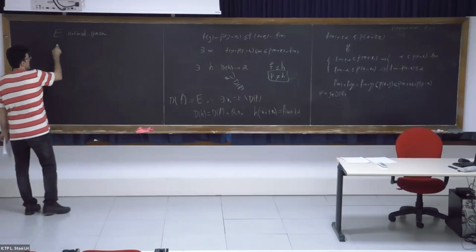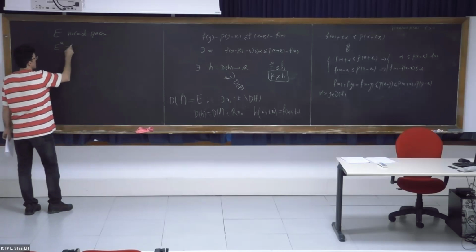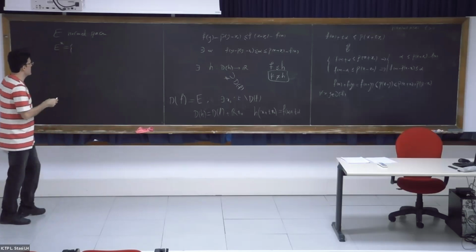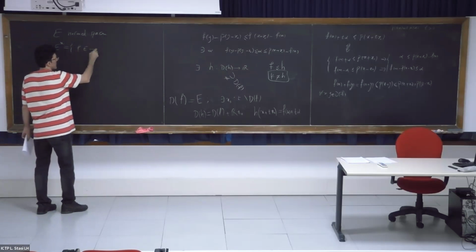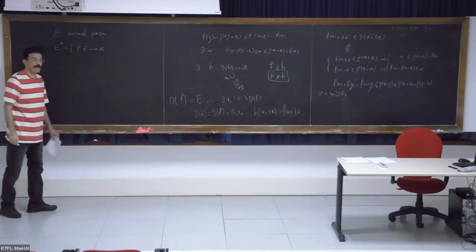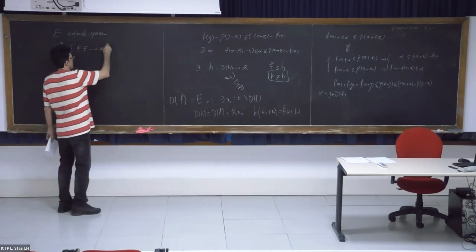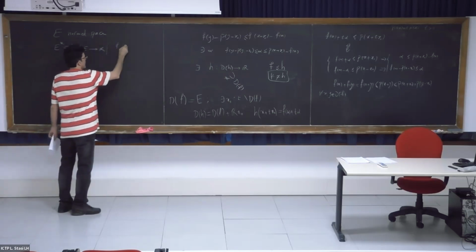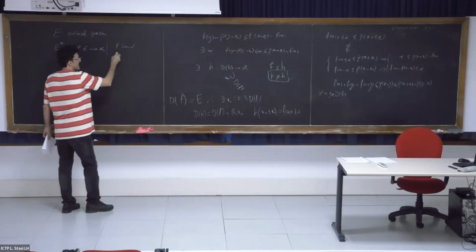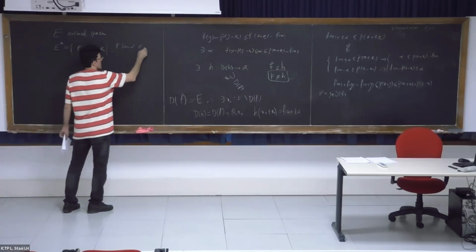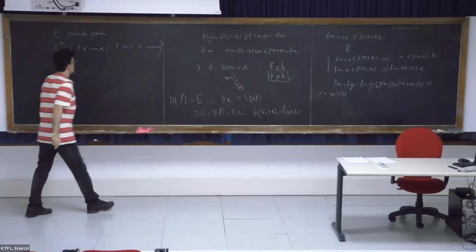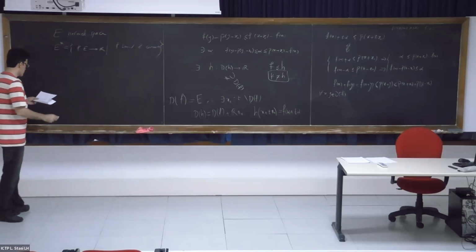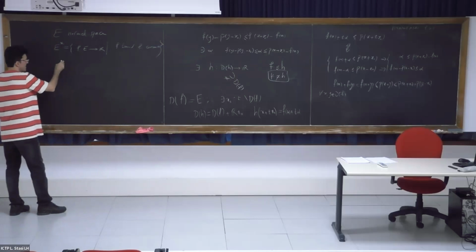And E star, for a normed space, will be defined as all the linear mappings from E to R that are linear and continuous. This is the notation,